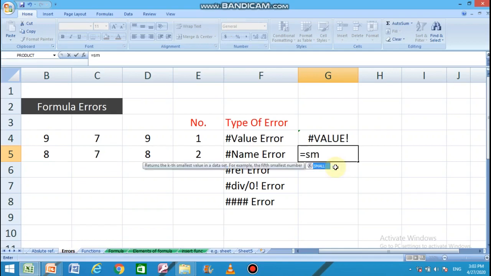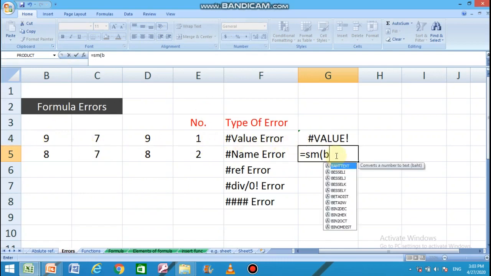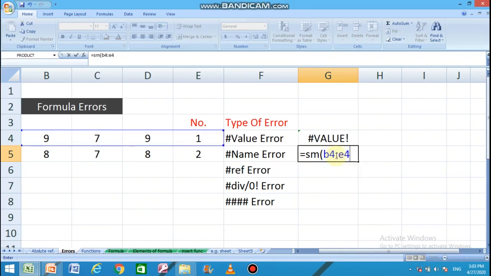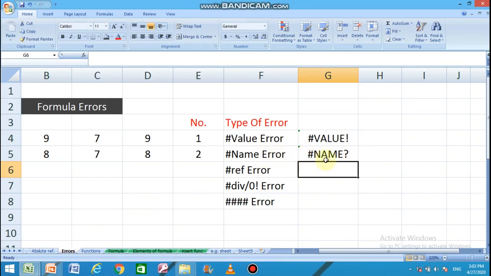So I typed sum and then from B4 to E4, B4 colon E4, enter. We got hash name error. Why? Because during typing of the formula I wrote the spelling of sum incorrectly. So whenever there is an incorrect function or formula, the hash name error occurs.